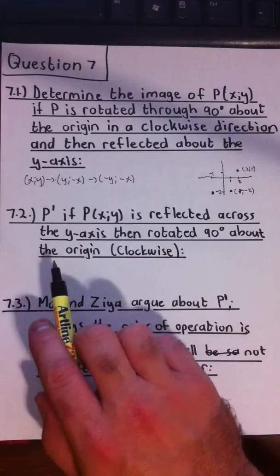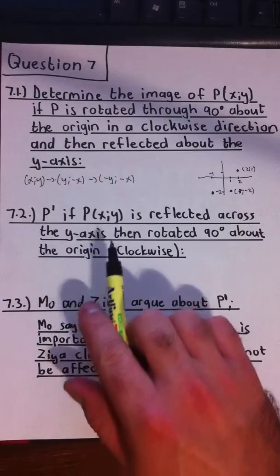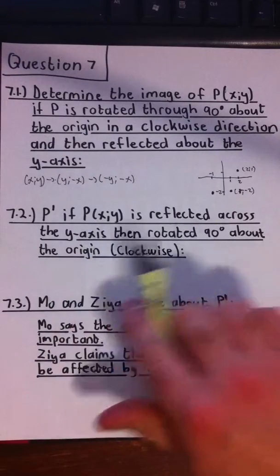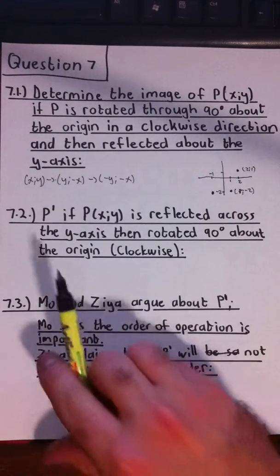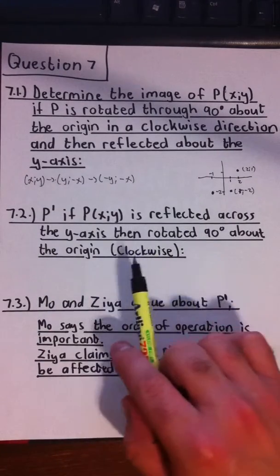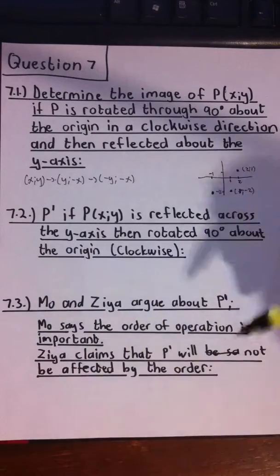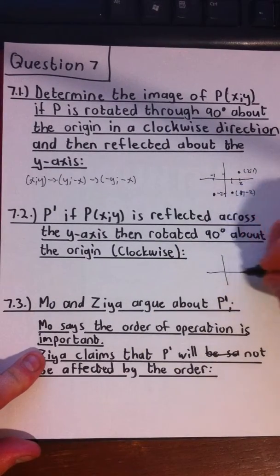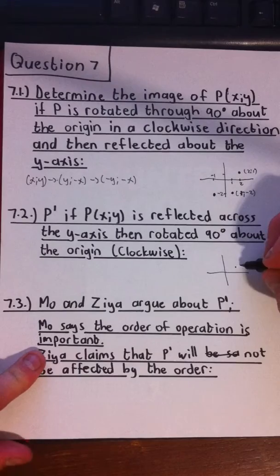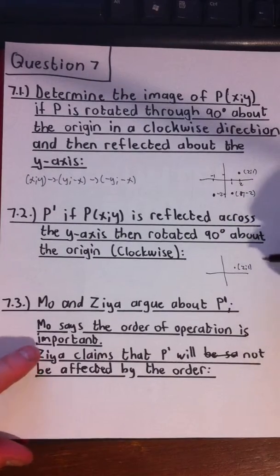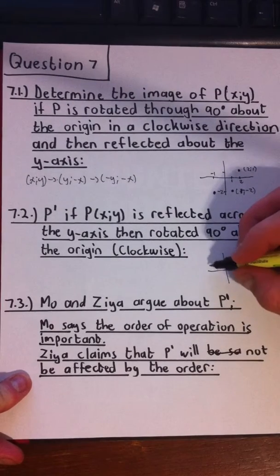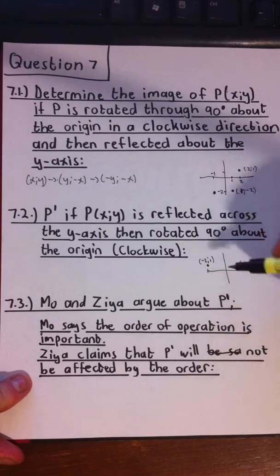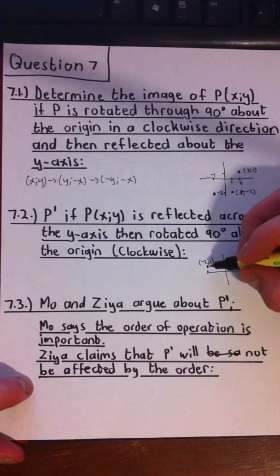Okay, 7.2. P prime, if P, which starts with x and y, is reflected across the y-axis and then rotated 90 degrees about the origin clockwise. So again we can see it's the same operators but applied in a different order. So now, starting at 2 and 1 for instance, which is x and y, if we first reflect across the y-axis, we'll have here negative 2 and 1, and if we then rotate 90 degrees clockwise, we'll have